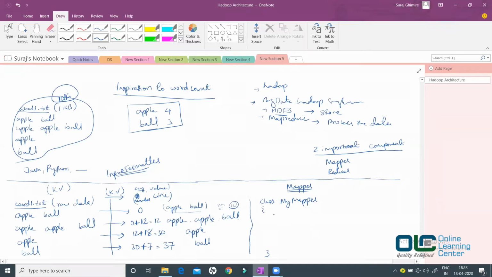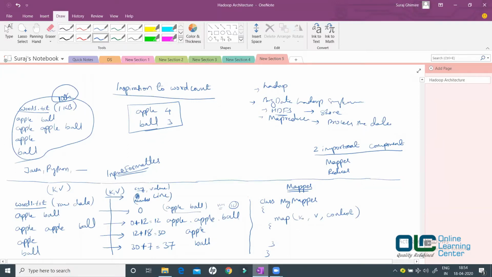This class will have a method called map, which accepts key, value, and something called context. So the mapper class will have a method called map, which accepts three parameters: key, value, and context.